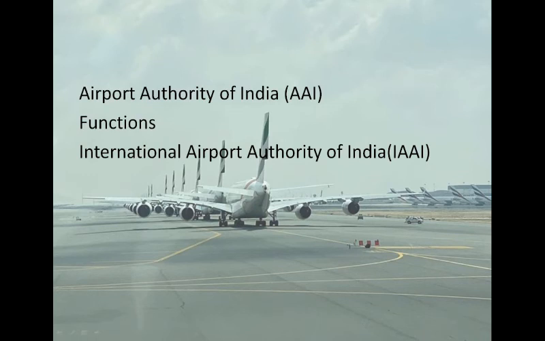The Airport Authority was formed on April 1st, 1995 by merging the National Airport Authority and the International Airport Authority of India, which we are going to look at in the next slide, to create a centralized organization that could effectively manage both international and domestic airports, and to accelerate the integrated development, expansion and modernization of operational terminal and cargo facilities at the airports in the country, conforming to the international standards.